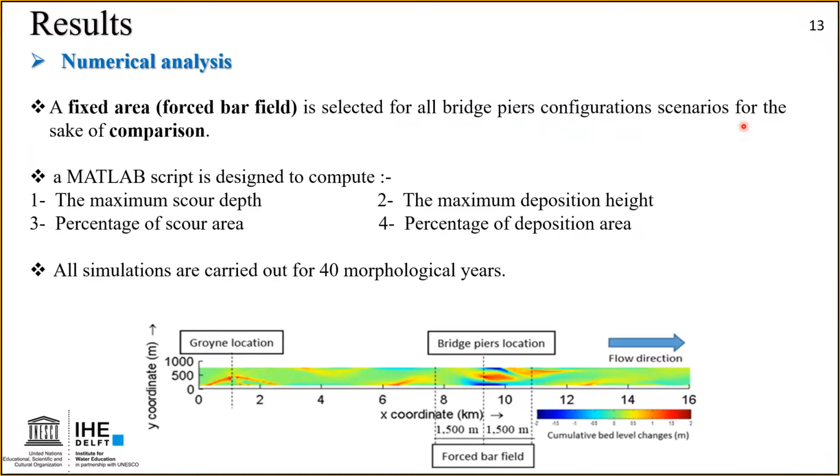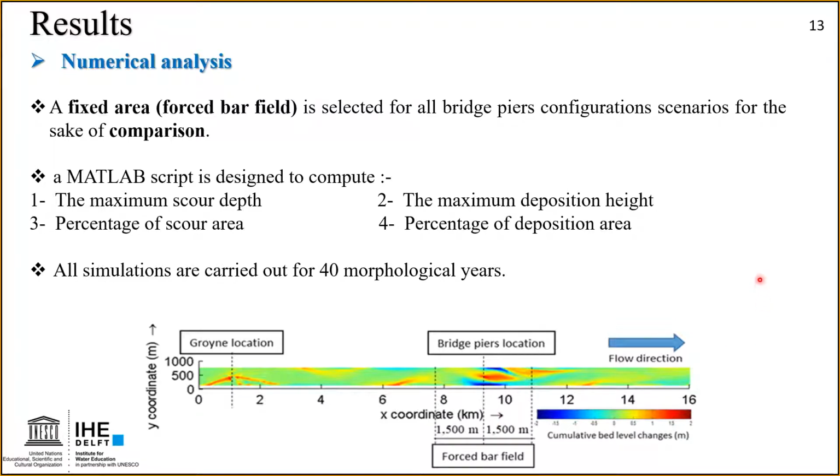Now we come to the numerical analysis. We didn't just do a qualitative analysis for our work, but also a numerical simulation. We fixed an area in the vicinity of the bridge piers, which we called the forced bar field. We fixed it for all the scenarios we carried out for the sake of comparison, and we generated a MATLAB